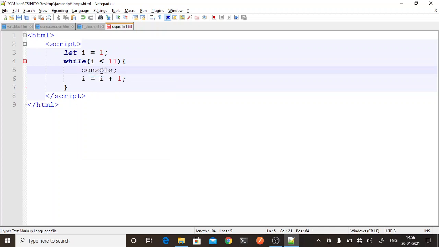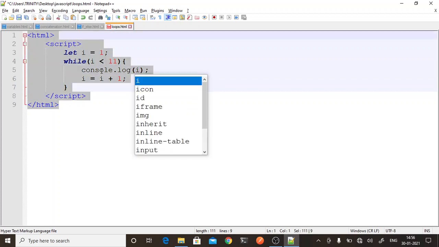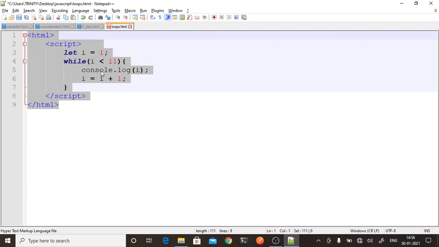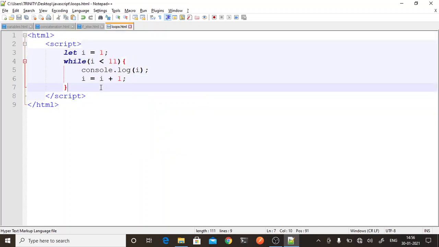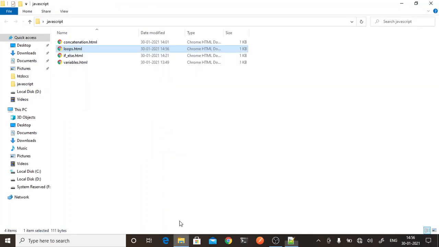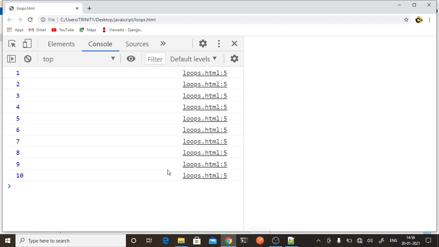So console.log(i). Let's run this program. F12. So see, we got the values.